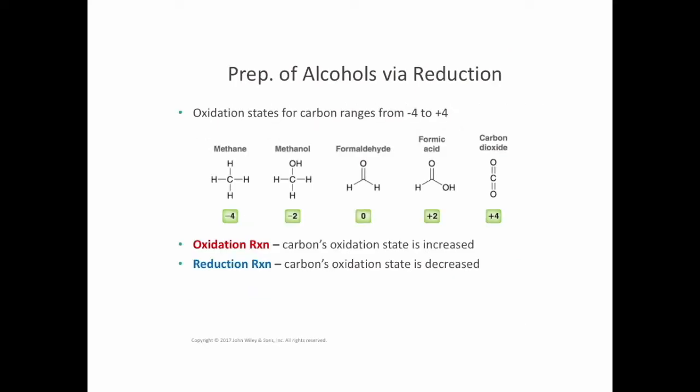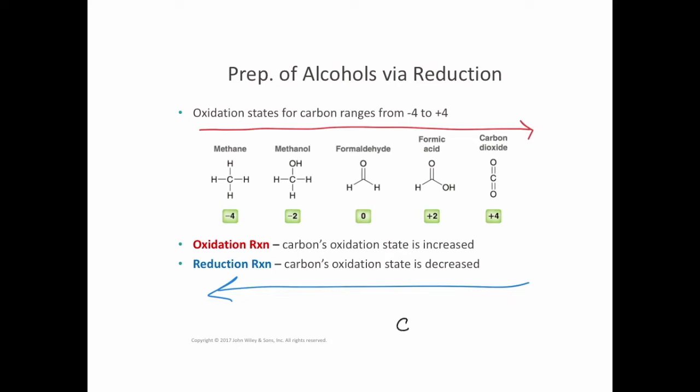So a carbon's oxidation state can range from minus 4 to plus 4. If it's oxidizing, then it's going to be going to a higher oxidation state, so from left to right. If it's getting reduced, then it's going to a lower oxidation state. So if we look at formaldehyde, for example, and we use the strategy I just showed you, we're going to